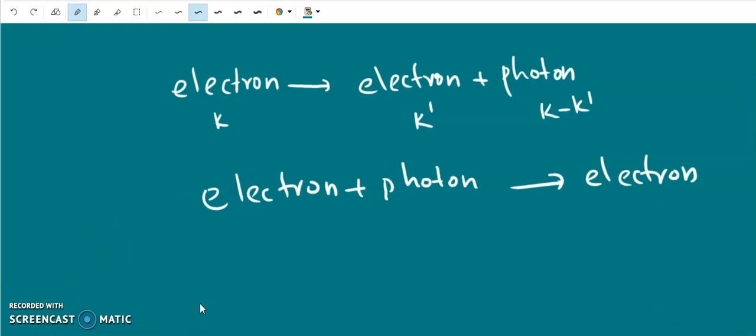But neither of these processes occurs for free electrons. In both cases, there must be a heavy atom in the neighborhood to take care of the recoil momentum. Momentum is conserved only in the presence of a nucleus. Here the electron hits an atom; it does not directly change into a photon. So there is an atom here. Similarly in the photoelectric effect, electrons are emitted when a photon hits a metallic surface. So these processes do not occur in free space. The presence of an atom or nucleus is necessary for both processes. Okay, thank you.